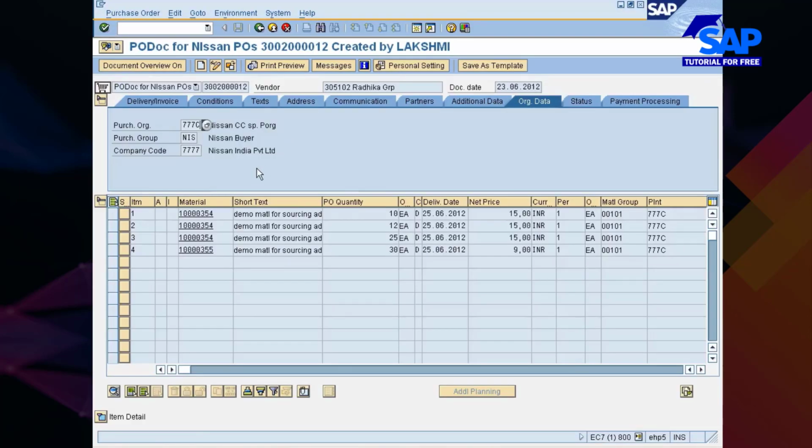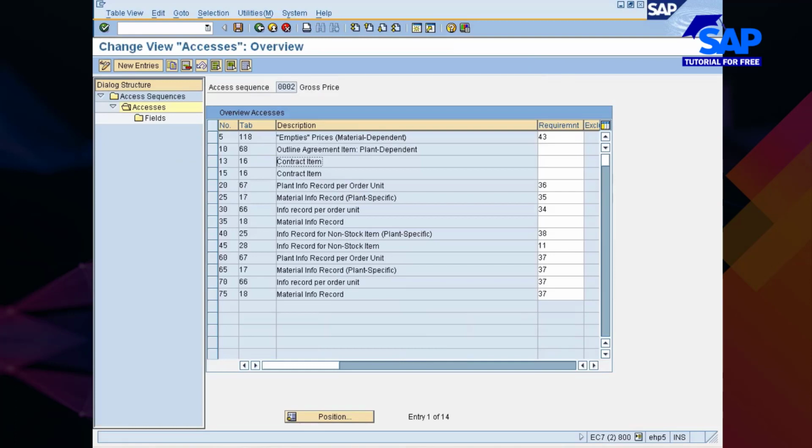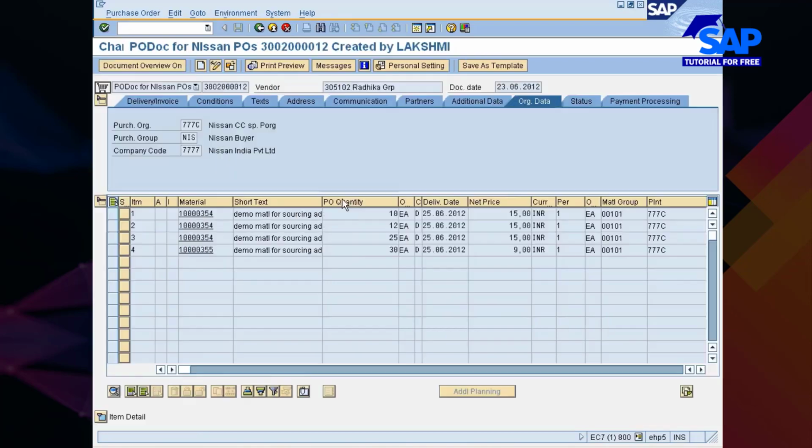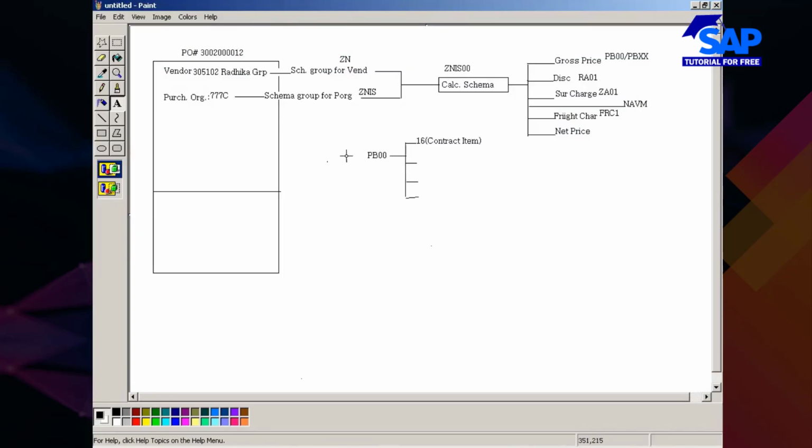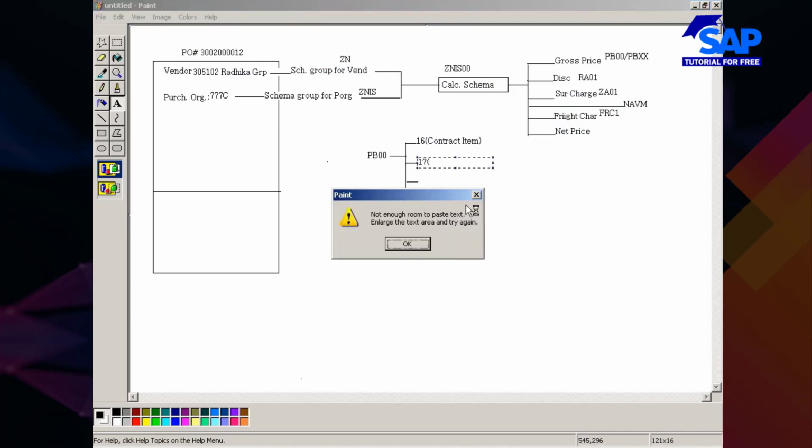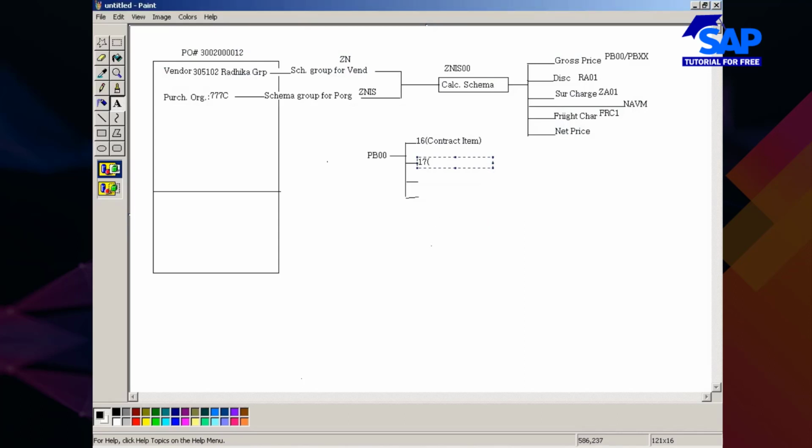Next, you see here, plant info record 17, material info record 17. I would just go with 17, material info record.